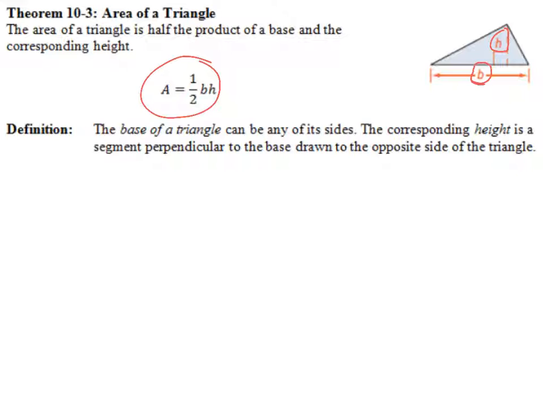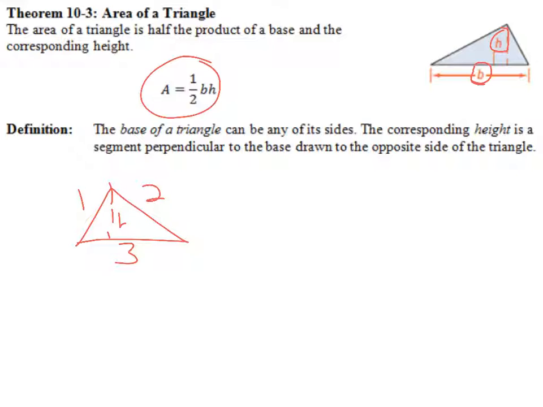Just like with parallelograms, the base of a triangle can be any one of its three sides. It doesn't have to be a certain one. The corresponding height is the segment perpendicular to the base drawn to the opposite side of the triangle. So if I have three triangles here, and if I just label the sides as 1, 2, and 3, if I draw the triangle like this, my base is going to be 3, and my height is going to be